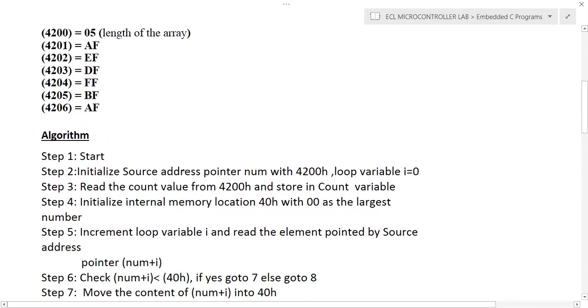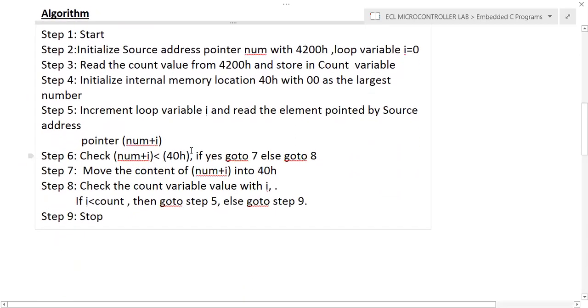Now we'll discuss the program or algorithm. We already explained the theory. We need an address pointer to point to the external memory location, so we'll use the variable num as a pointer, and we'll load it with 4200. We need one loop control variable, so we'll initialize i equal to 0.